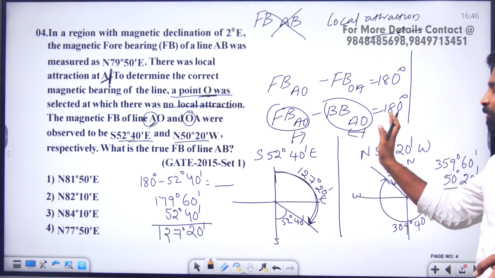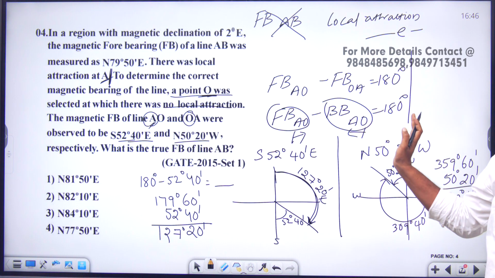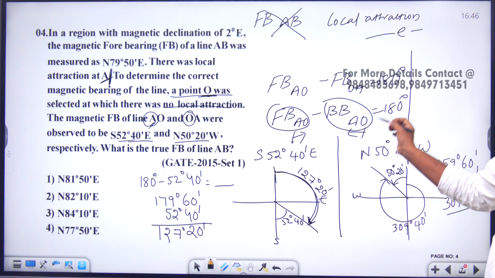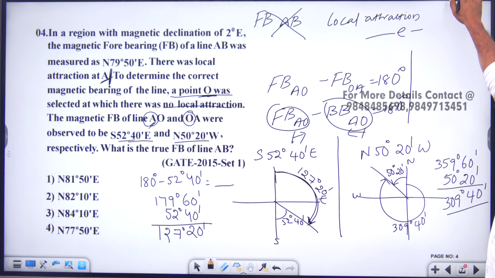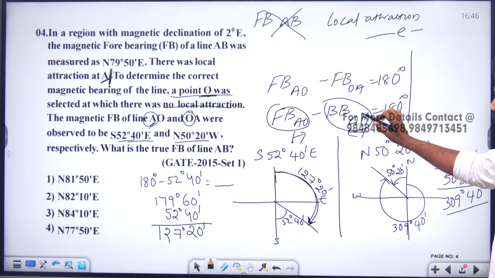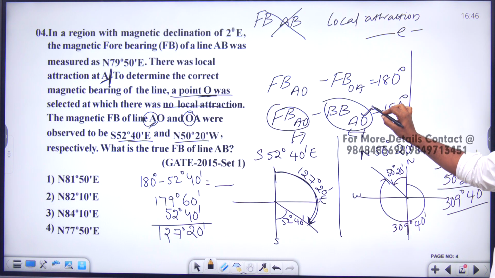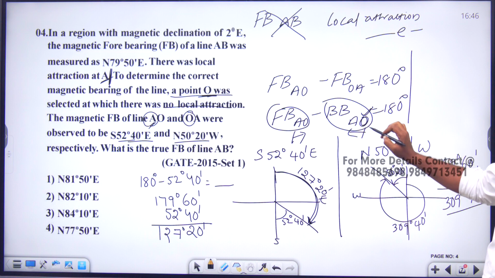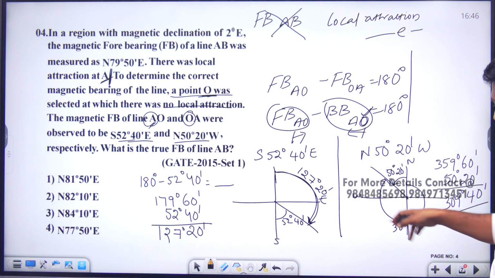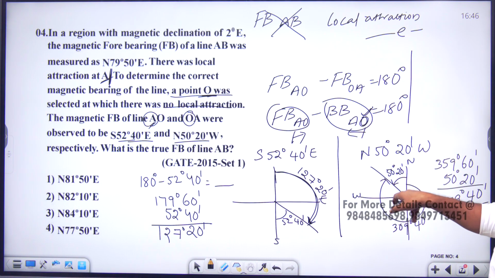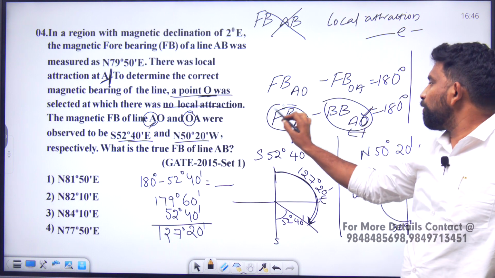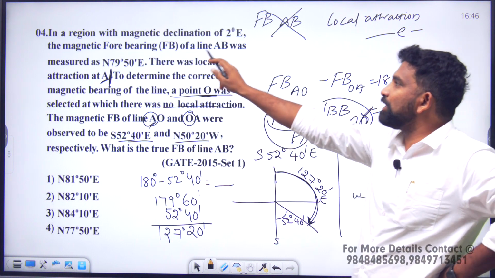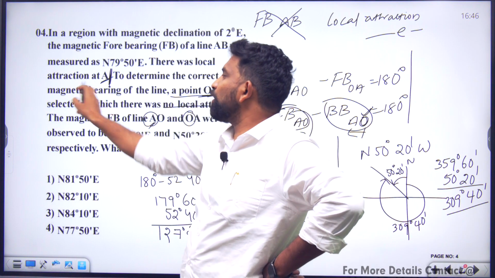Now, the difference has to be 180 here. Now, let us see. If you observe here, the back bearing is taken from O station, right? Back bearing has to be taken from O station. So, this value will be correct, and whatever figure we are taking here will be the correct figure. But here the fore bearing value at A is wrong, because he himself said that there was a local attraction at A.